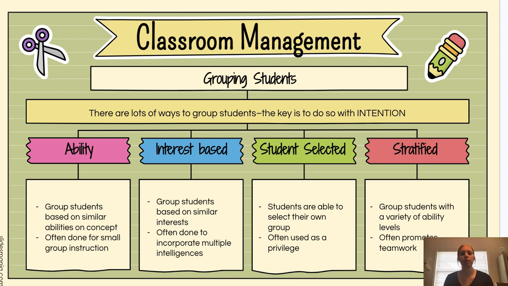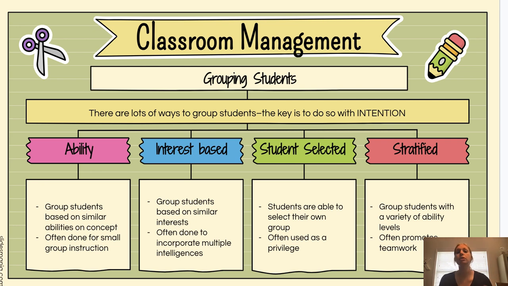When I got up into 4th and 5th grade, I didn't use that as much, because there was more of a gap and you also wanted them to perform at grade level. Next is interest based. Maybe you use the multiple intelligences that we've already talked about. Using your kinesthetic learners, they have something different, or if they are visual, they create a poster based on what they're learning about. And that incorporates indirect instruction, which we will talk about later in the semester.